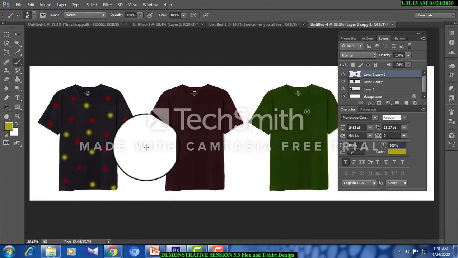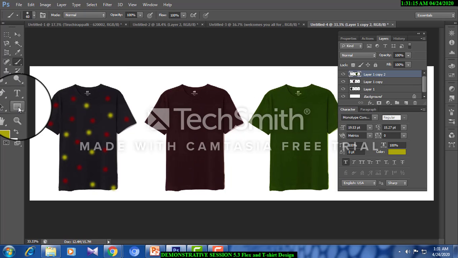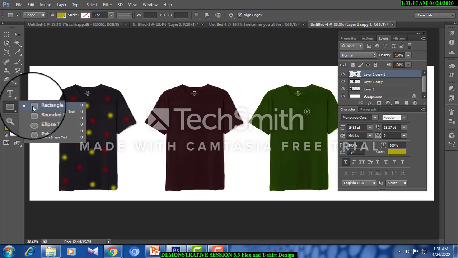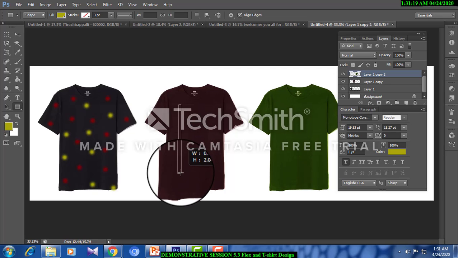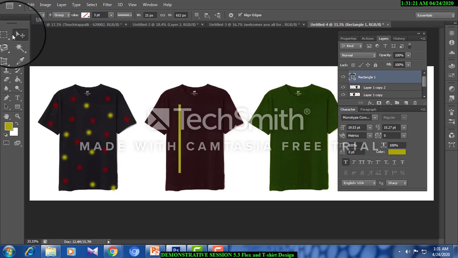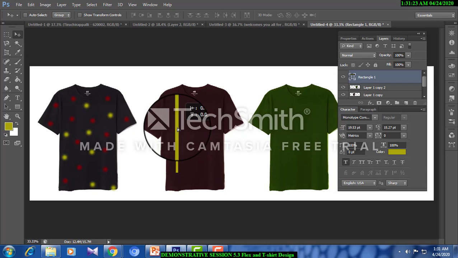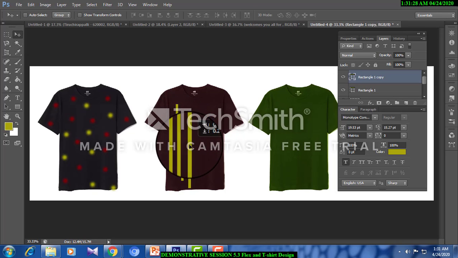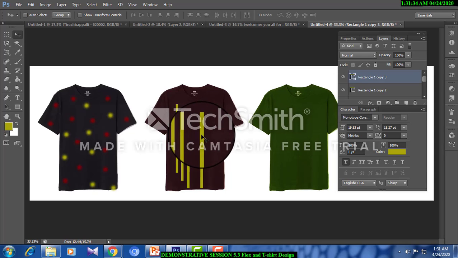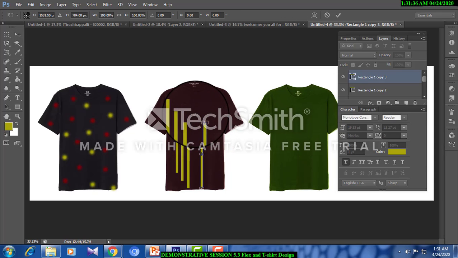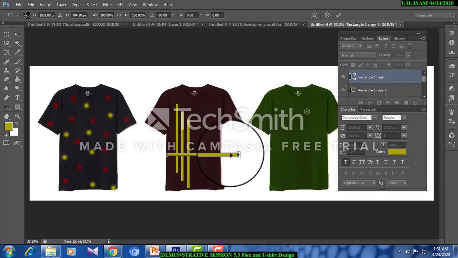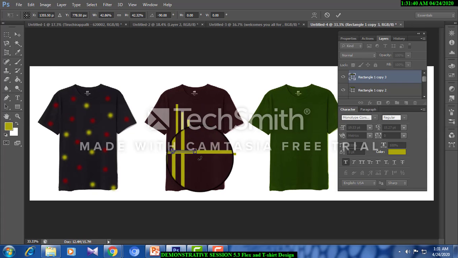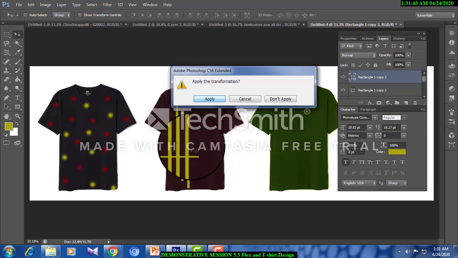A t-shirt model. This is a model. And now look at here. I'm just choosing one more. How did I make all 3 bars? This is with the help of duplicate layer, just by pressing Alt. Okay.